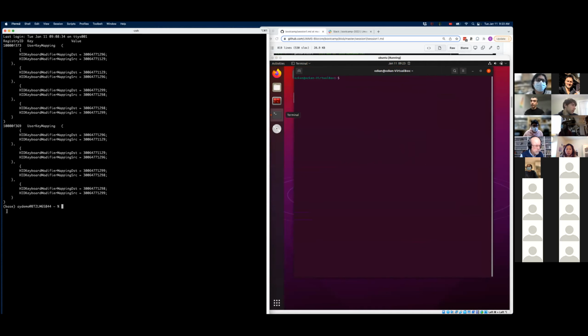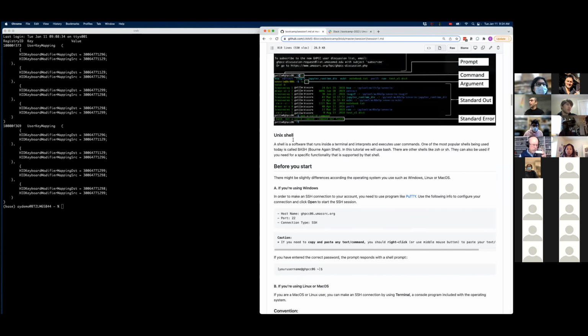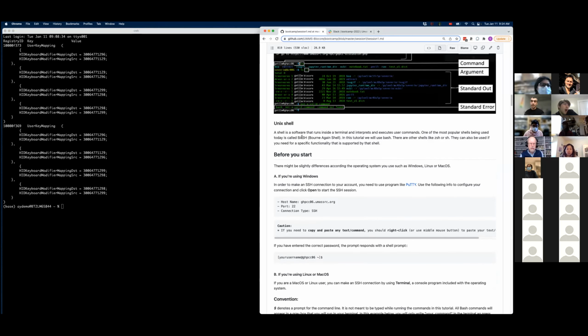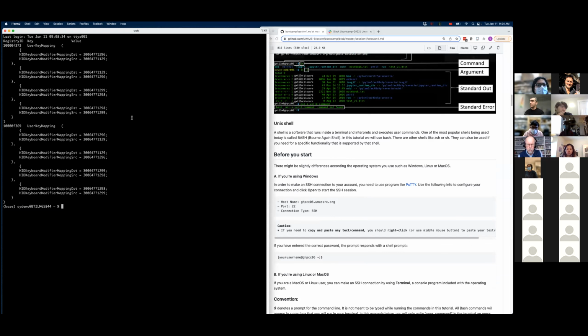Then we look at this. There are some similarities and some differences between these terminals. So we get a line that looks like this on the Mac OS, and this is using a ZSH or Z shell Unix shell. Okay, so as was mentioned, most Linux systems use Bash shell, born again shell, but macOS uses Z shell, for example.